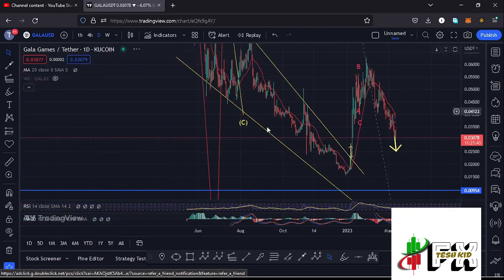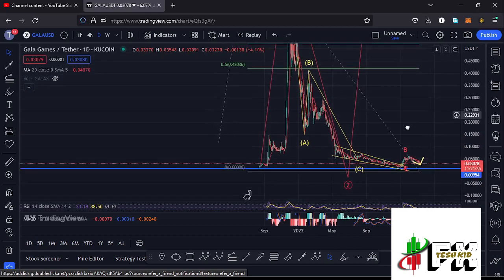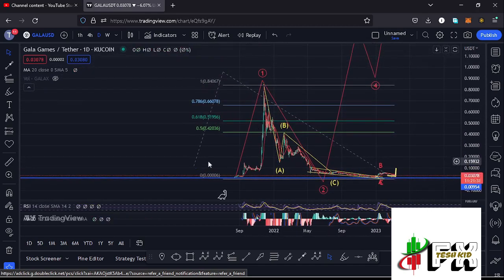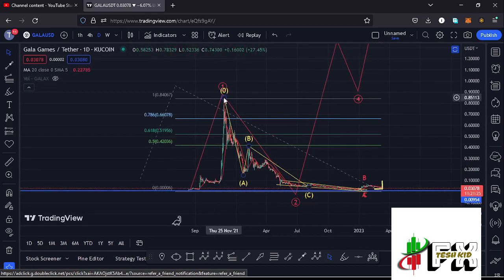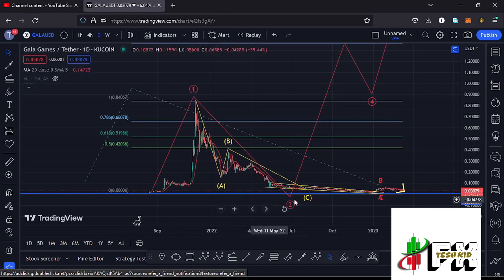And jumping to the daily chart for further analysis and also to give you the long-term scenarios that I'm expecting to play out, you can see that Gala Games, from these low prices that we had been trading within, we saw that massive bounce to the upper side, seeing the all-time high at around the $0.85 mark in what I'm terming as that first wave to the upper side. And after seeing the all-time high, we started the bear market where we had been seeing lower prices in this ABC corrective structure in a move that has now given us the low for that higher Elliott wave count 2.